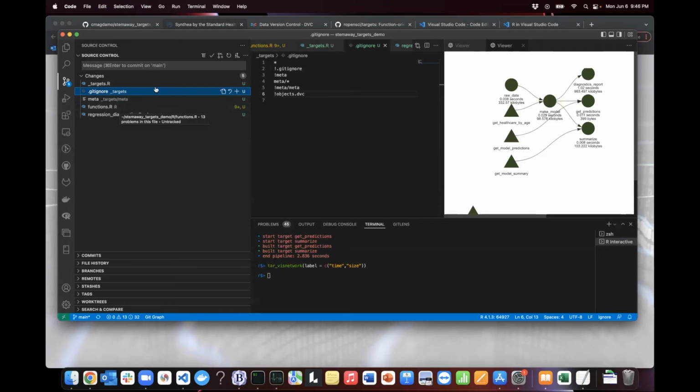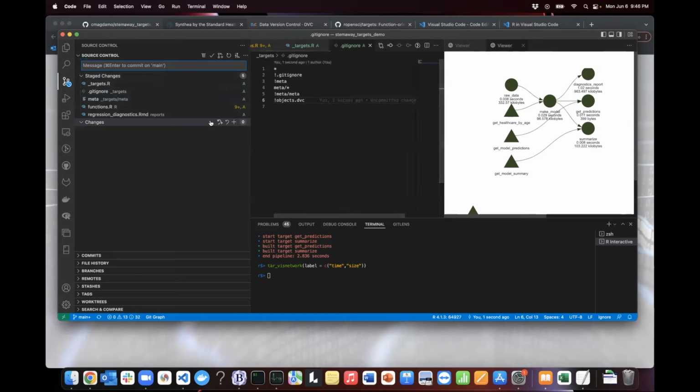but we have not actually initialized anything for DVC. First, I'm going to go ahead and make a commit here. So I'm going to go ahead and add everything here because all of this can go in the same commit, but it's very important you don't just blindly add all files that are ready. You want to make targeted calculated commits that actually mean something important as a discrete unit of incremental progress in your code base. So here, I'm going to add a message that I added initial files